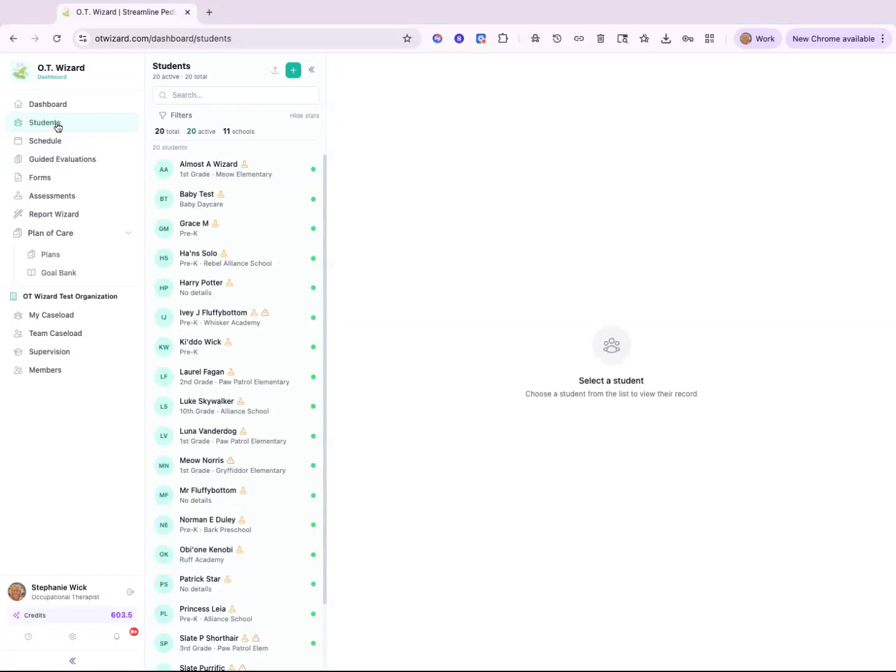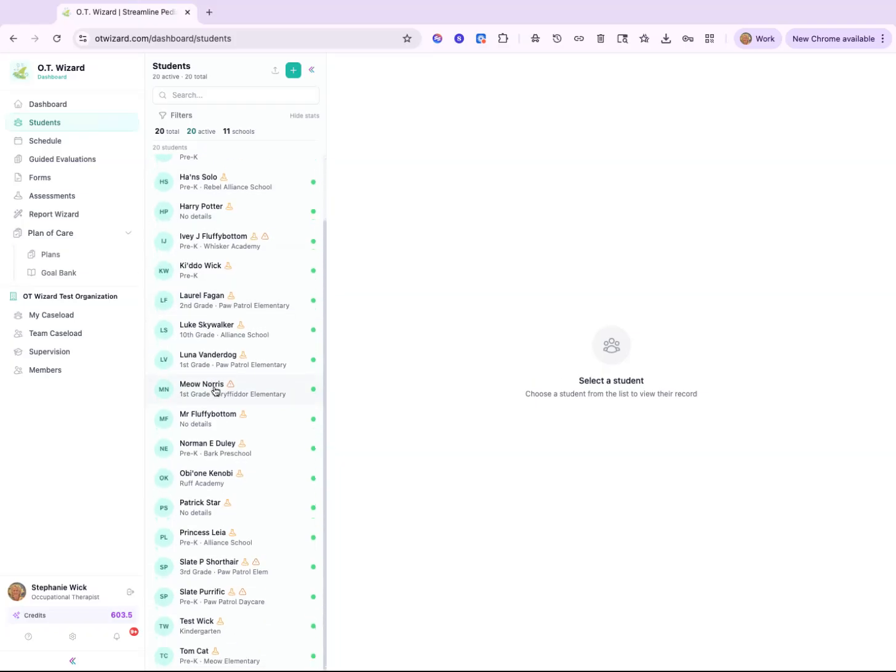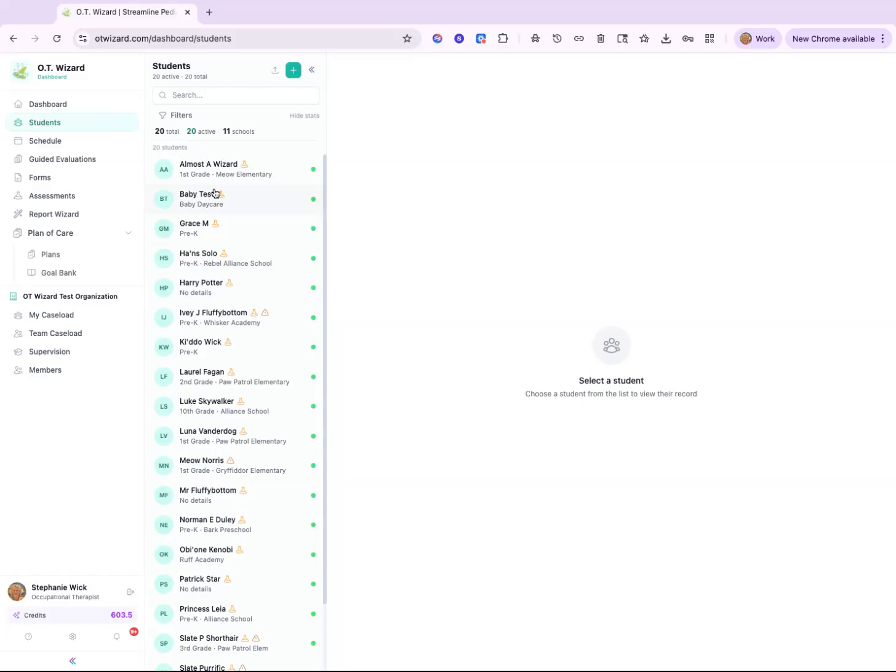Let's take a look at the Students tab, which will soon be called the Clients tab. When we click on the Students tab, you will be able to see all of your caseload here. If you are on a team plan, it will look exactly the same as if you're on a solo or a professional plan. If you are the administrator of an organization, such as what I'm looking at down here, you will be able to see and filter through all of the caseload for all therapists that are working at your